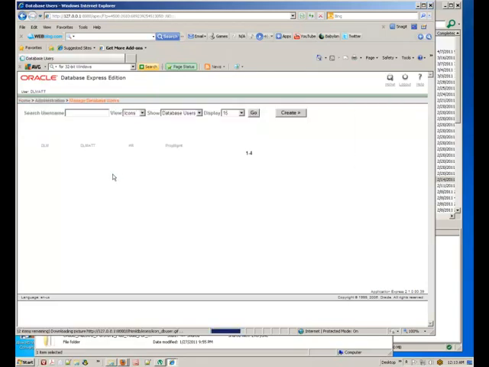I'll click manage users, and this shows the actual users that I have on my Oracle server. This Oracle server is located on one computer, and I access it also from another computer on my network. I'll show you a little of that when I switch over to the other computer. Going back,